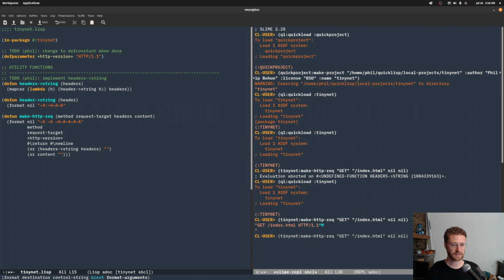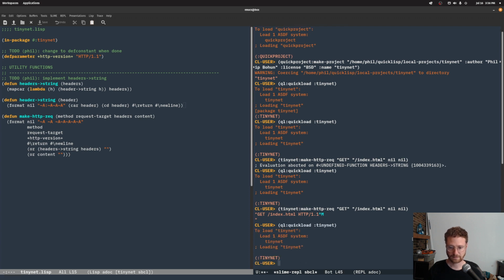So we're going to say car header, cdr of header, and then we'll have a CRLF, which will be return new line. There. So now we've implemented our headers to string, which now we should be able to load